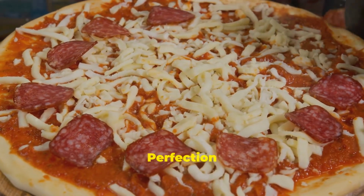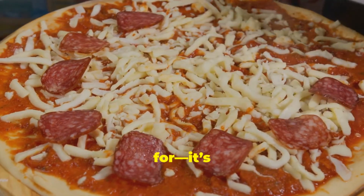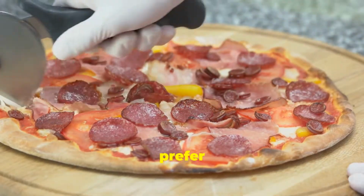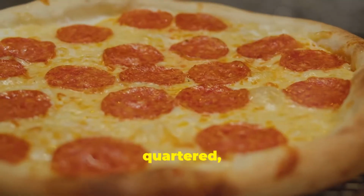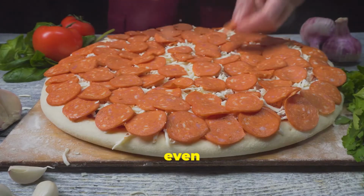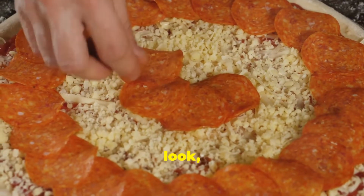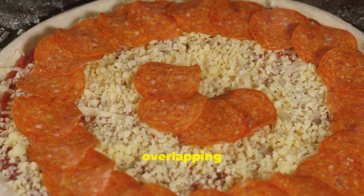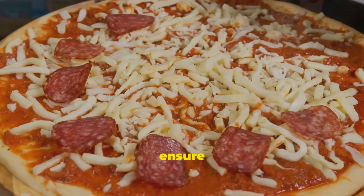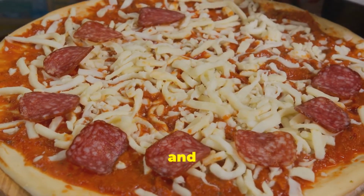Section 3. Pepperoni perfection, arranging the circles of joy. Now for the moment we've all been waiting for. It's pepperoni time. Grab your chosen pepperoni and let's get creative. Whether you prefer your pepperoni slices whole, halved, quartered, or even chopped, the choice is yours. Just remember, the goal is to create an even distribution of pepperoni goodness across the entire pizza. For a classic look, arrange the pepperoni slices in a slightly overlapping pattern, starting from the outer edge and working your way inwards. This will ensure that every bite has the perfect ratio of crust, sauce, cheese, and of course